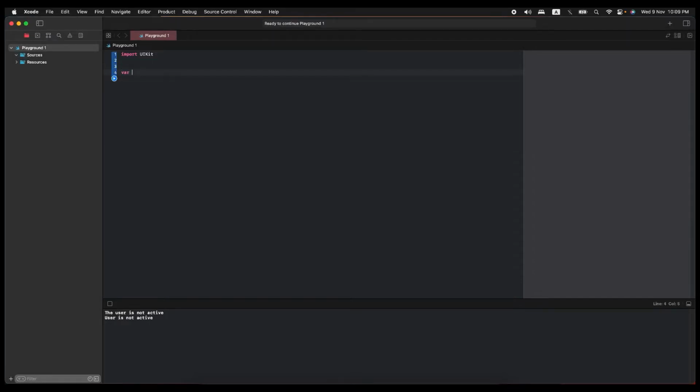Let's have a variable called isUserActive with a type boolean, which is true or false, and let's have true. Then we say if our condition, which should be true or false, isUserActive, print "user is active",